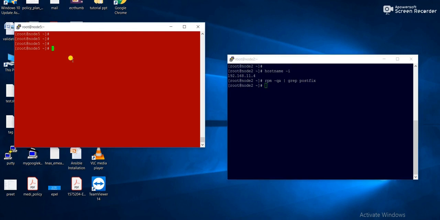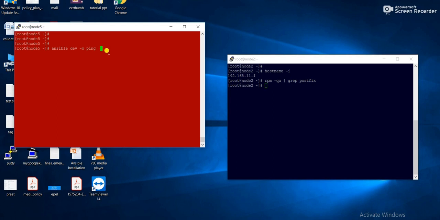First I need to check that we added that server in the Ansible inventory, right? I need to check whether that server is reachable from the Ansible server or not. ansible, then the group name, which is dev, then -m for module. So I will use the ping module. There are thousands of modules available in Ansible, one for each task, so you have to go through each module. The ping module is one of them, which does ping testing.